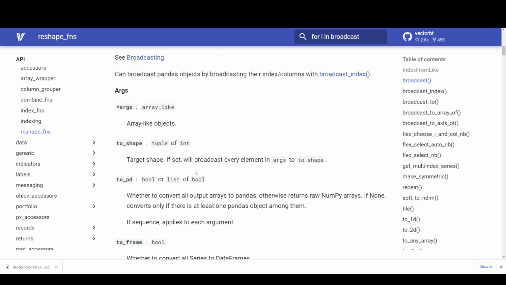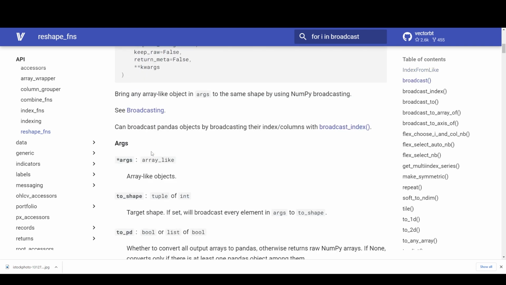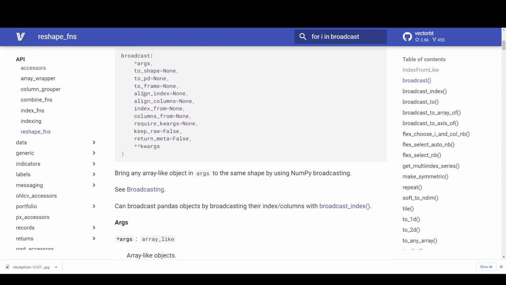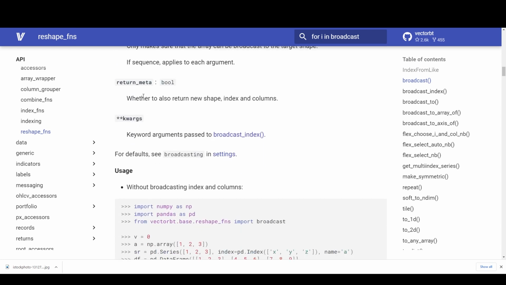What is this? How does it know what V and A are? Wait, so does this mean that if you just do hashtag args, it'll allow you to just put in however much of this stuff that you want?